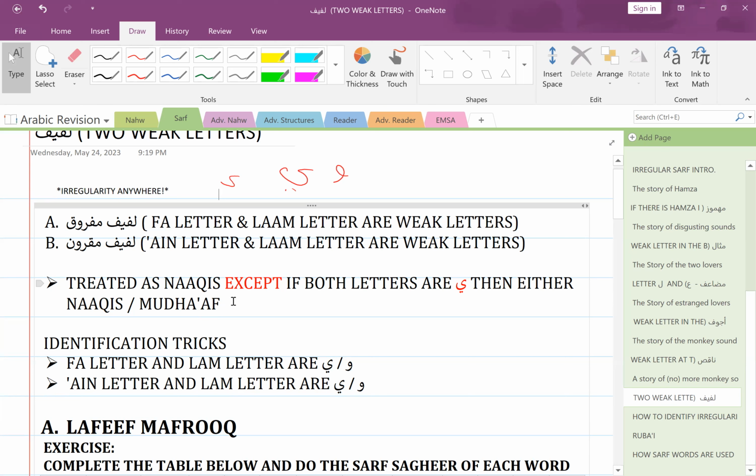But, okay, if it is Lafeef Maqroon, where both the last letters are ya, so you have a strong letter in the beginning, and then you have ya in the middle and ya at the end, something like that. If you have a structure like that, then you have two options. You can either treat it as naqis, or you can treat it as muda'af. And if you treat it as naqis, you have to follow naqis rules. If you treat it as muda'af, you have to follow muda'af rules. So you get an option basically,